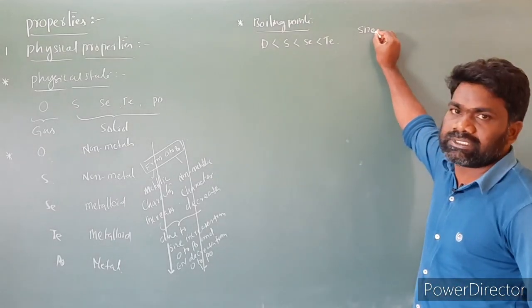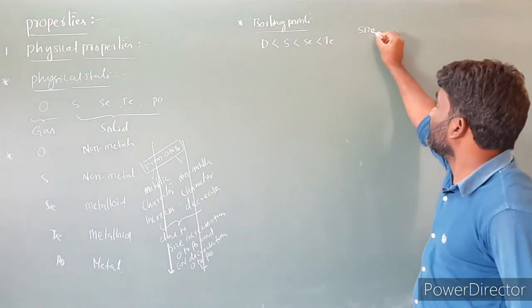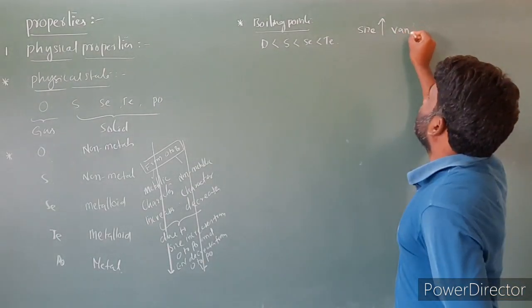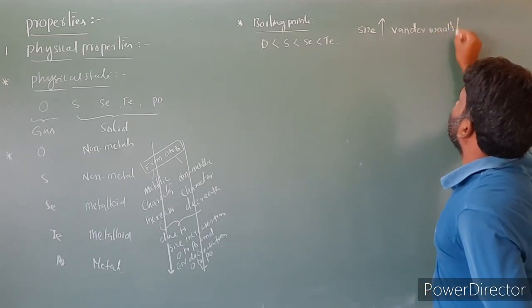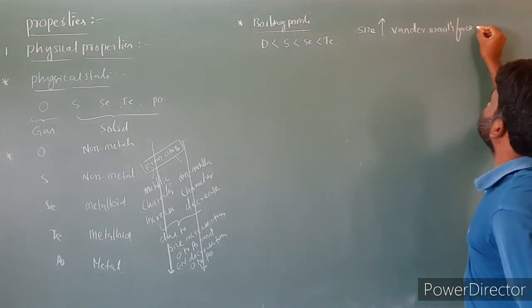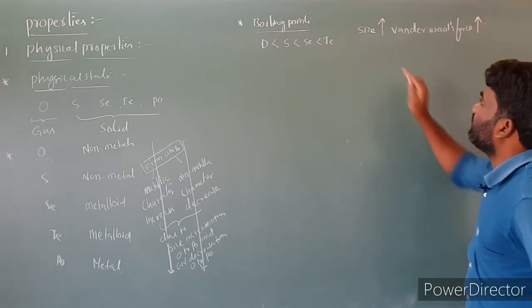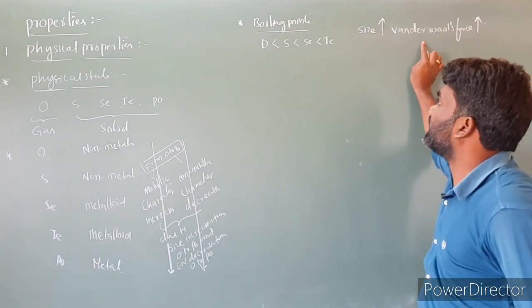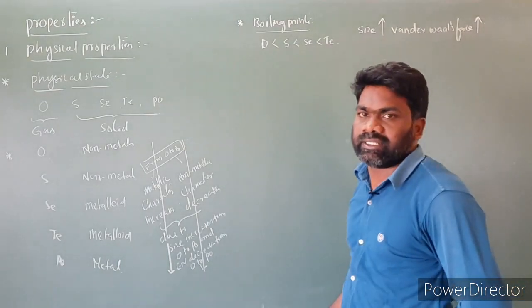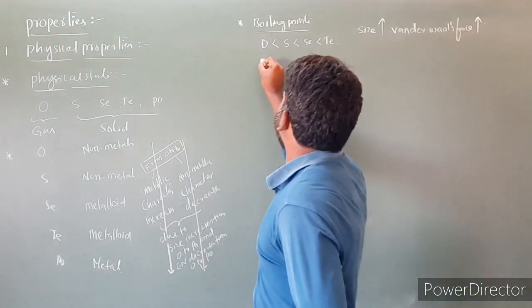So what does the van der Waals force depend upon? Size. Size increases, van der Waals force increases. So whenever the size increases, the van der Waals force increases, and as a result the boiling point increases. So write the statement: boiling points